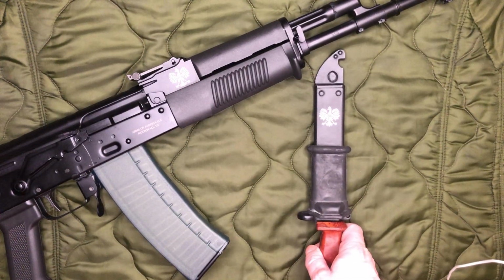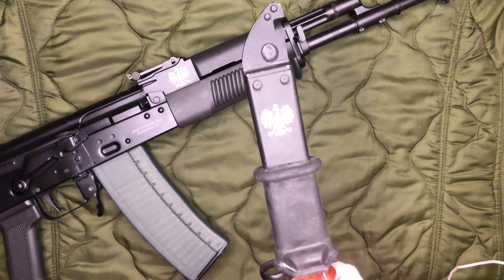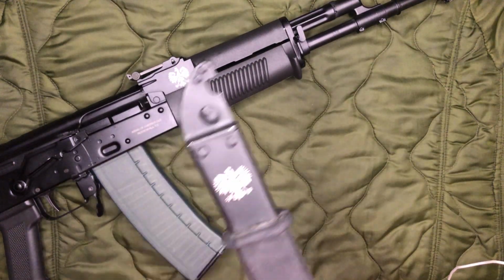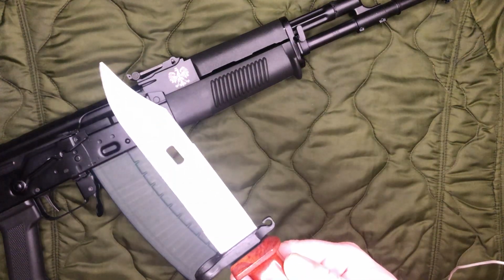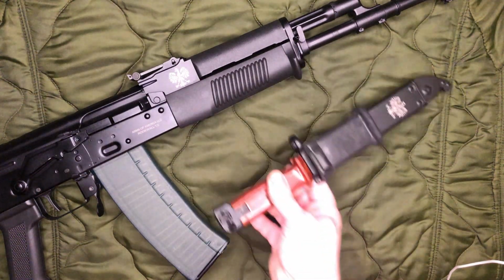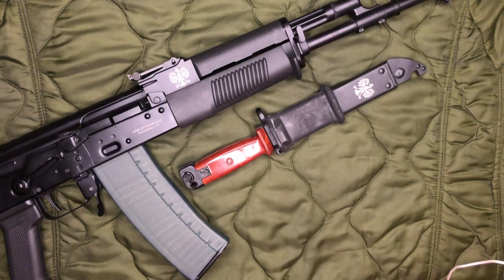On top of that, oh, the mag's buried. I've got a 7.62x39 Polish metal mag that also has the eagle engraving on it. Once again, they offer that J.P. or J Anchor thing that we'll call the arms doodad, but it's a nice one. Of course, the Polish do not have the teeth up there. If you like the Bakelite look, but you want to go all out, damn it, once again, I don't have it out. But Bulgaria, they do have like the full Bakelite sheath as well. If you want to do that. So,